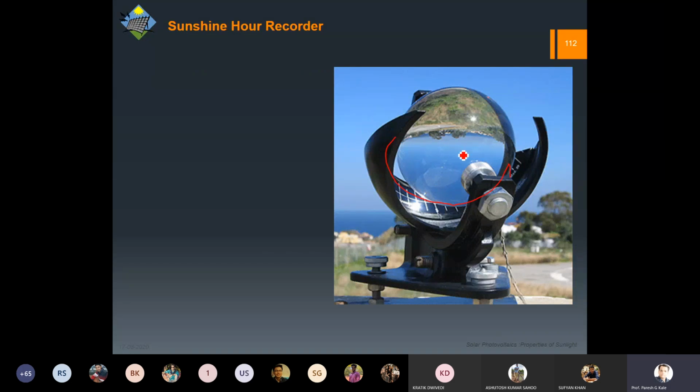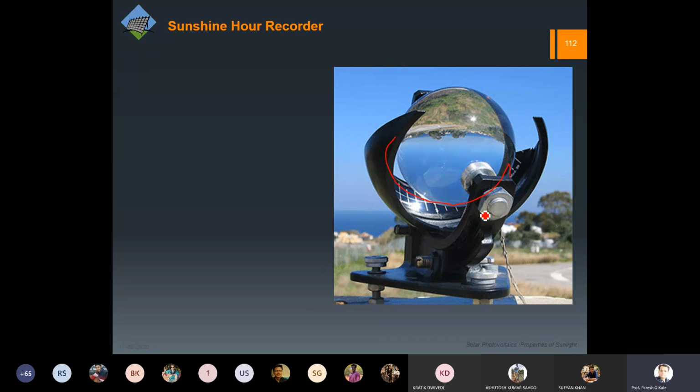This is a glass ball, and it is very similar to the experiment that you have done. If you concentrate sunlight through a lens on a paper, what will happen? It is going to burn, right? Now this burning depends on the intensity of the input light that you are getting. In the morning, you may not burn the paper. However, in the afternoon, when the radiation is strong enough, you are going to burn it, right? So we can vaguely find out when it started burning and when it ended burning.